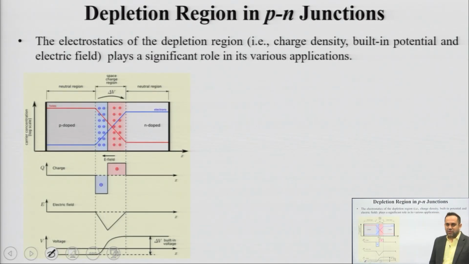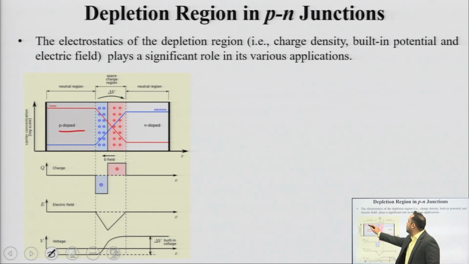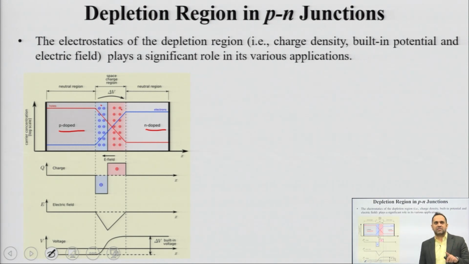So, this graph, or the image which you are seeing, tells you various different distributions. On the p side you have a lot of holes, and the concentration reduces; on the n side you have a lot of electrons, and then the concentration reduces. So, the gradient is still there, but further diffusion is stopped because of positive charges here, negative charges here. These are not free charges, these are immobile ions, too heavy to move. This generates a potential. This depletion region is also known as the space charge region. It has different names, space charge region or depletion region.